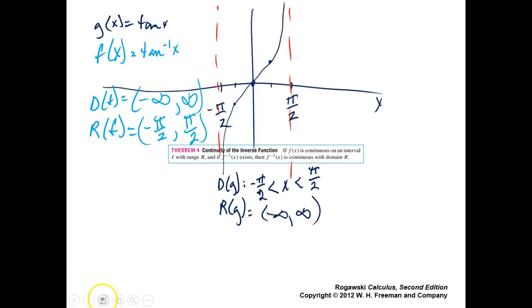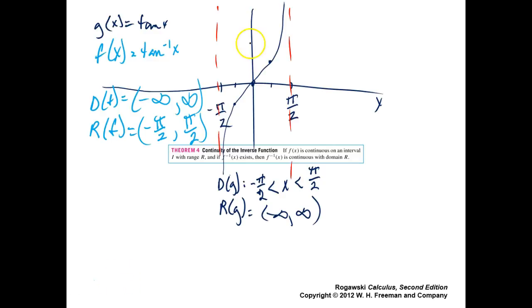Let me go back a second. Right, yeah. The domain is between the reds here, minus pi halves to pi halves, and the range is minus infinity to positive. It keeps on trucking both directions. So then for f, which is the inverse function, these reverse themselves. The domain is what the range was, and the range is what the domain was. Okay? So that means,